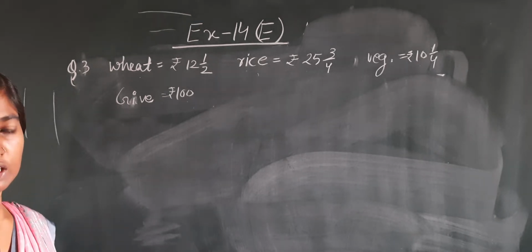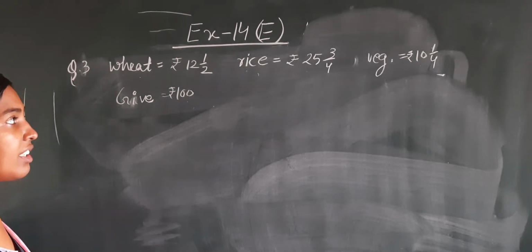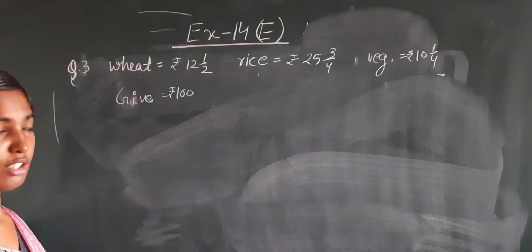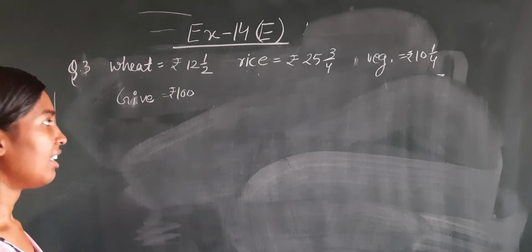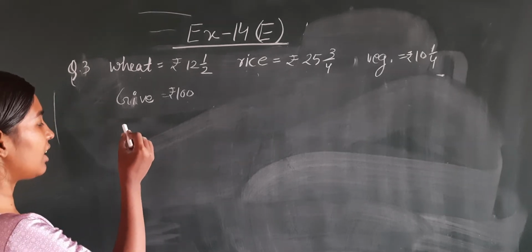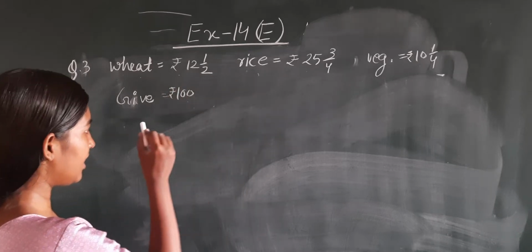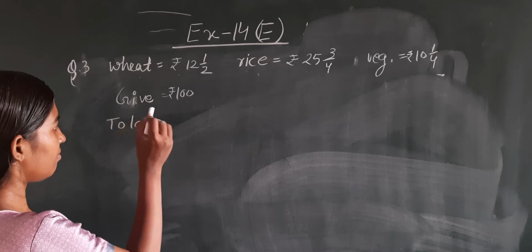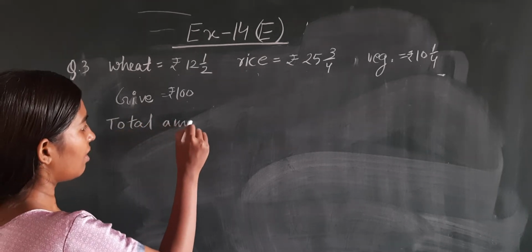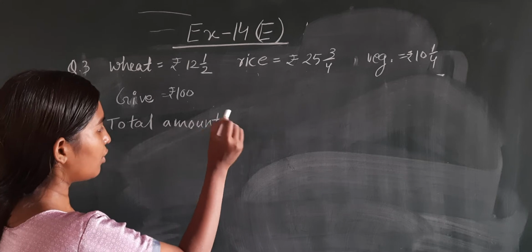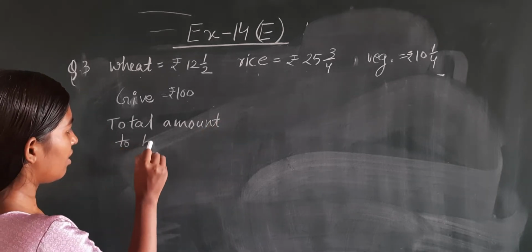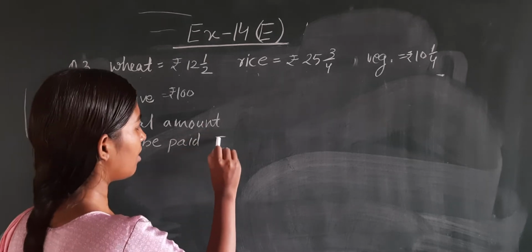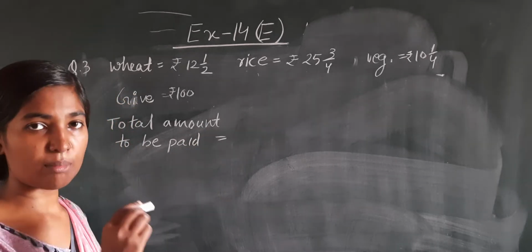आप जैसे जाते हैं मार्केट सामान लेने के लिए, आप क्या करते हैं, जितना भी सामान लेते हैं उन सब का टोटल कर लेते हैं, और अगर आपने ज़्यादा पैसे दिए हैं तो उसमें से सब्ट्रैक्ट कर देते हैं. सिंपल थिंग. So here also we will do the same only. First we will do the addition. Total amount to be paid. पहले कैलकुलेट कर लेते कितना अमाउंट हमें पे करना है.